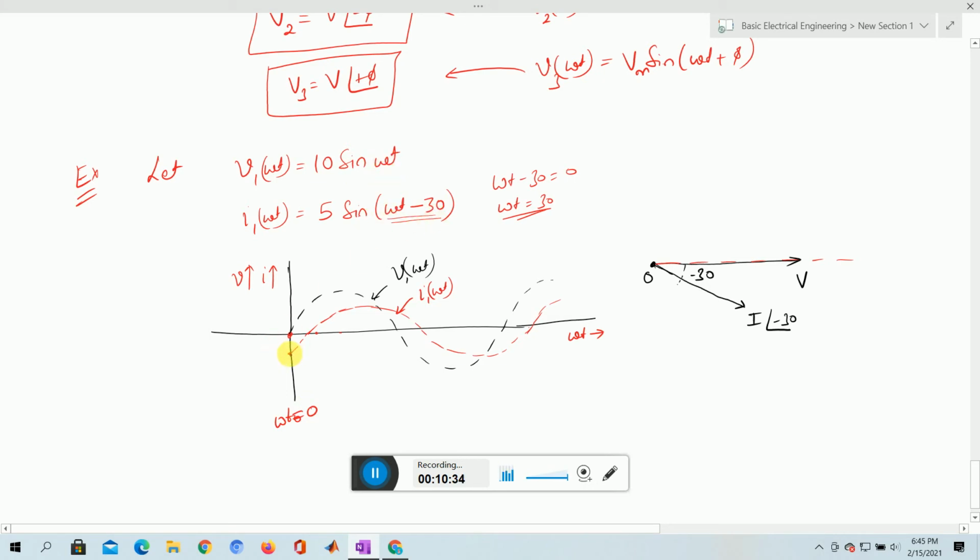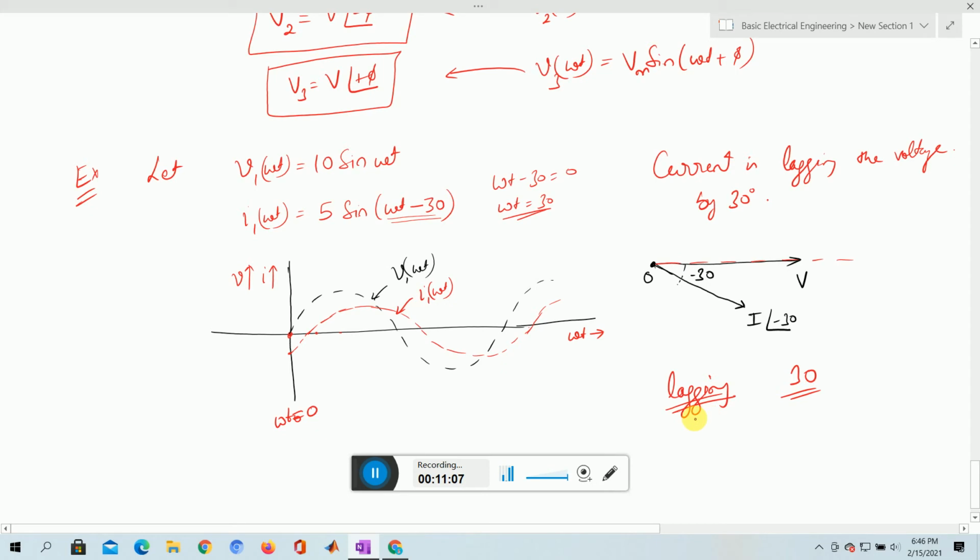So the current is a negative value and we can say the current is lagging the voltage. We get this reflection out of these two. And by how many degrees is it lagging? The current is lagging the voltage by 30 degrees. I am using the term lagging and then I am writing 30 degrees, both are correct. So lag means backward, by 30 degrees.